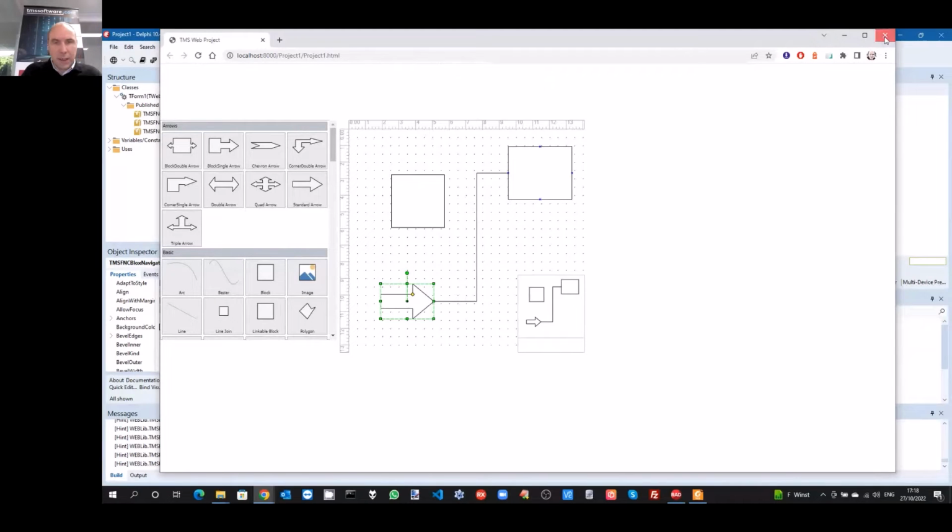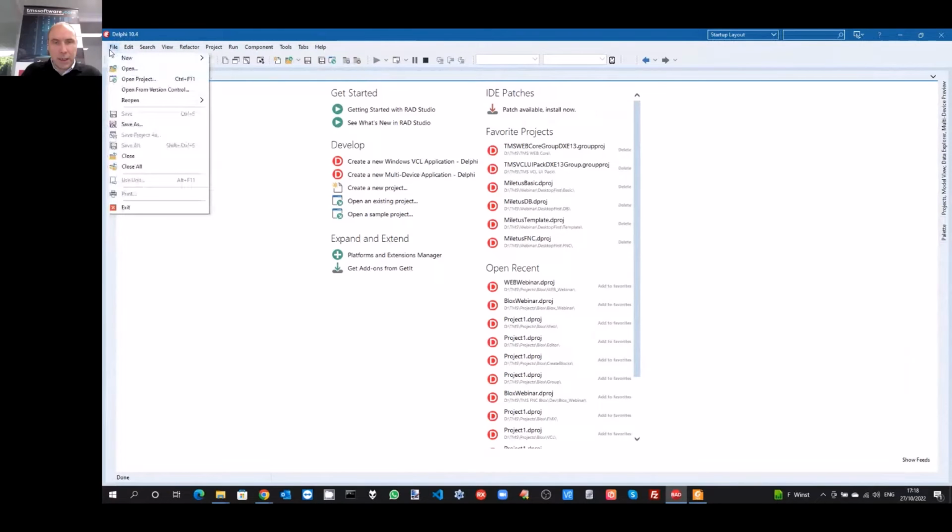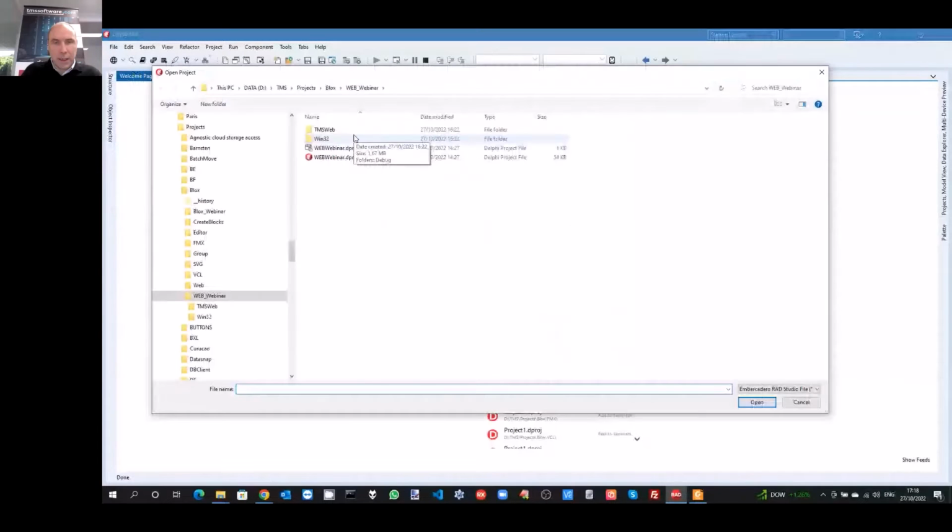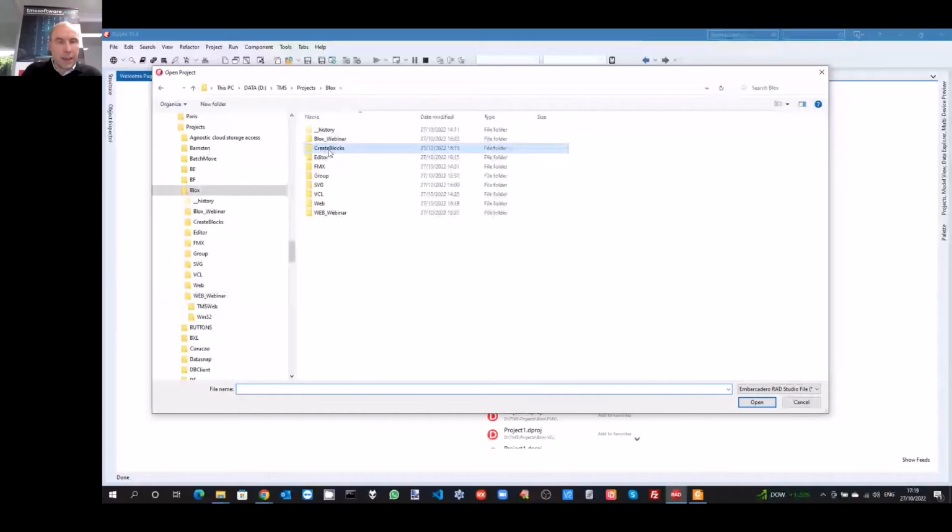So this was a brief overview of the different targets. We won't touch today Lazarus. You can actually do the same from Lazarus, or you can also do the same from TMS Web Core for Visual Studio Code. But it is the same, just from a different IDE. What we will do now is